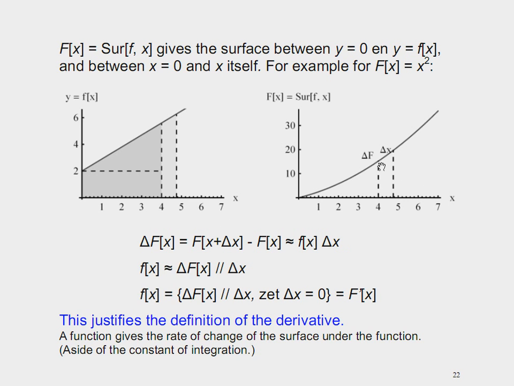And we can find the same surface here, which is the delta capital F, which is given as the standard expression between the new value minus the old value. And this gives the exact outcome of the surface function, and it can be approximated by this expression. And now the question arises, if we have a capital F surface function, what would be the underlying derivative function,